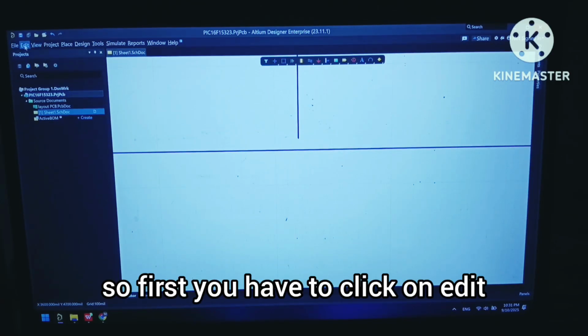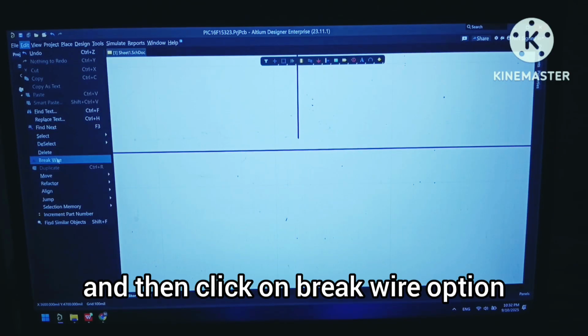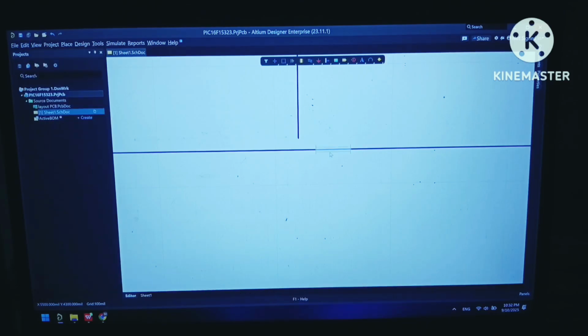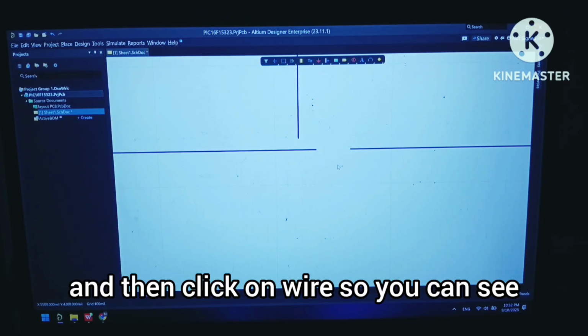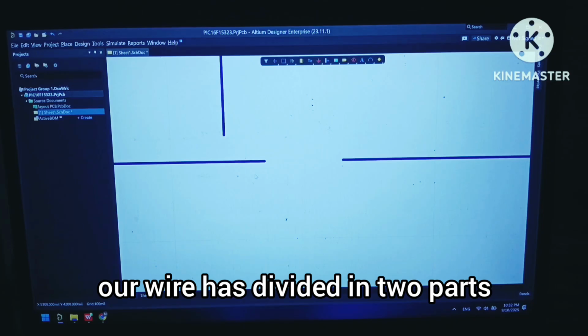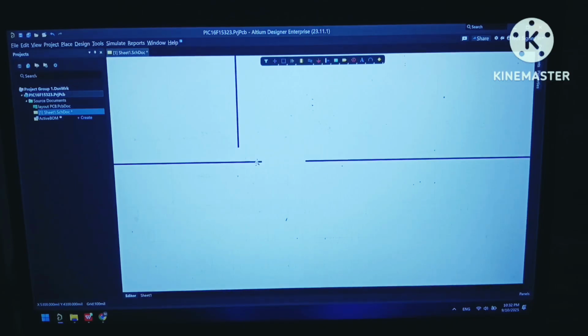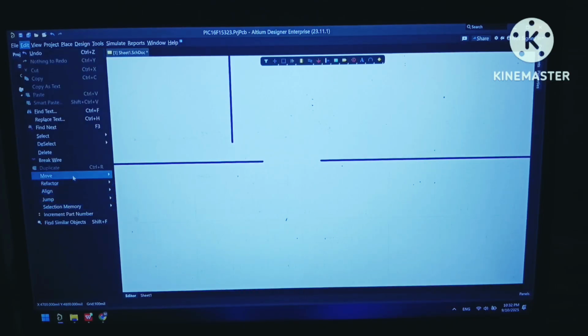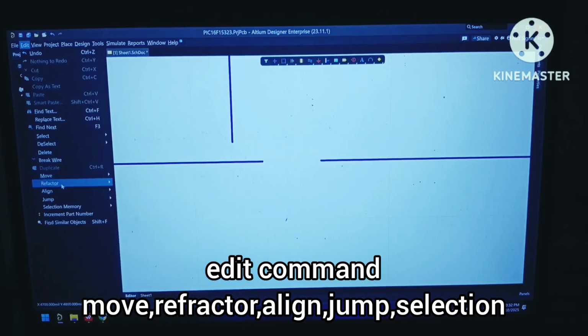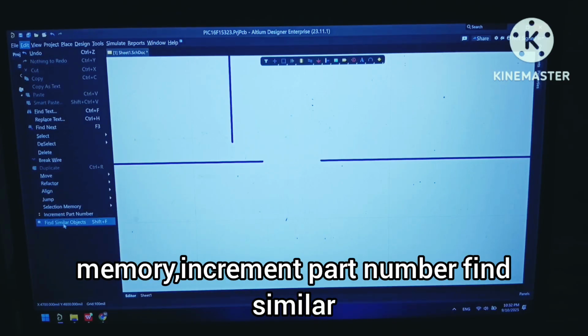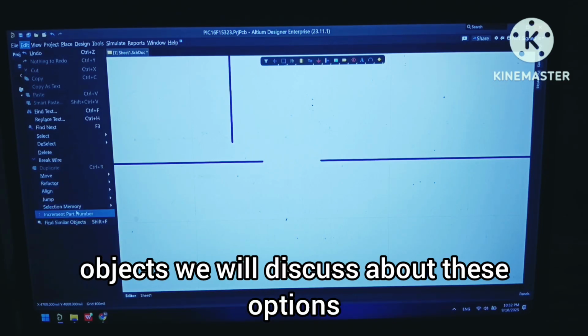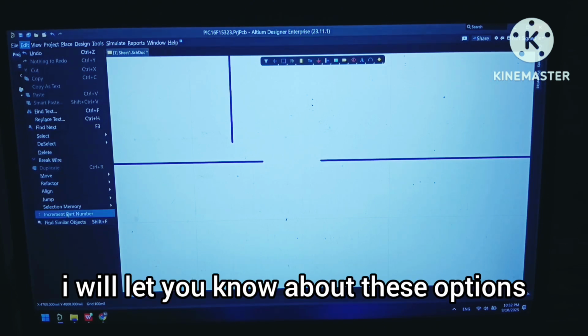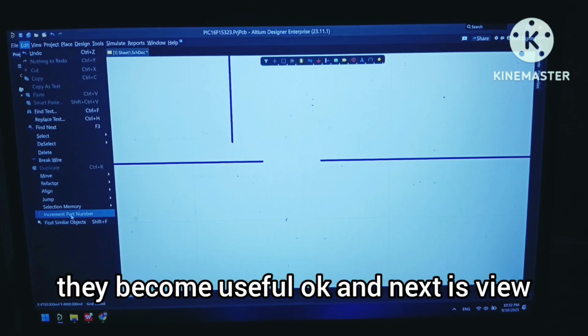First you have to click on edit, then click on the break wire option, and then click on the wire. You can see our wire has been divided into two parts. The other edit commands are move, refactor, align, increment part number, and find similar objects. I will let you know about these options as soon as they become useful.